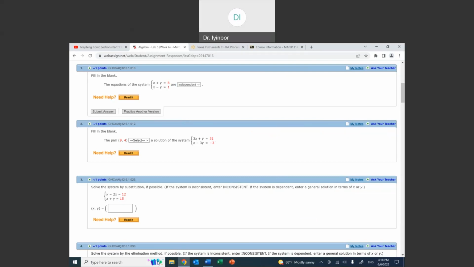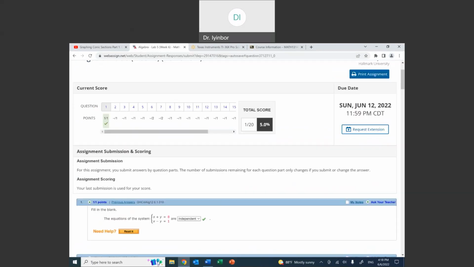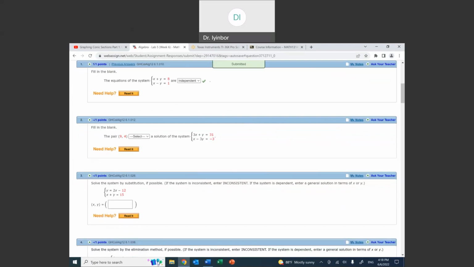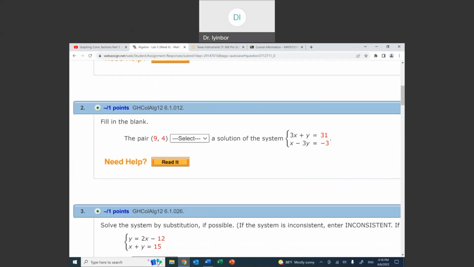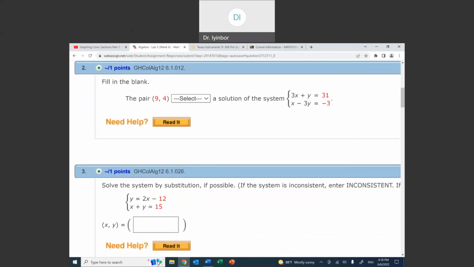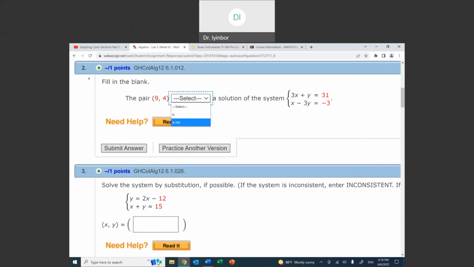Okay, so you solve your system, depends what you got, and if it says infinite solutions, then it's going to be dependent. Okay, going to number two. Number two, we have to check if the pair 9 and 4 is a solution or is not a solution of this system. Okay, so here you can just plug this into the system and see what the solution is, but here